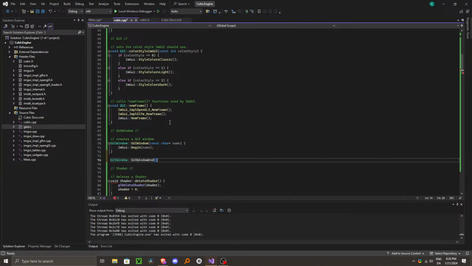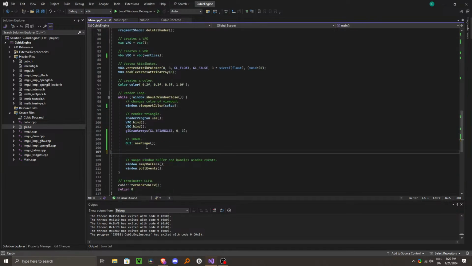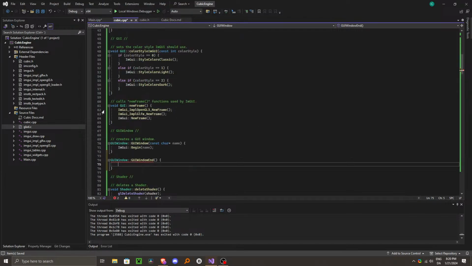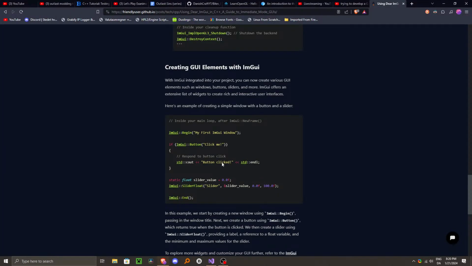GUI window, and why is this not valid? I have to make sure this first tab is void. Right. And it should just go to GUI and that's it. And that should be it. I don't know if it's possible to